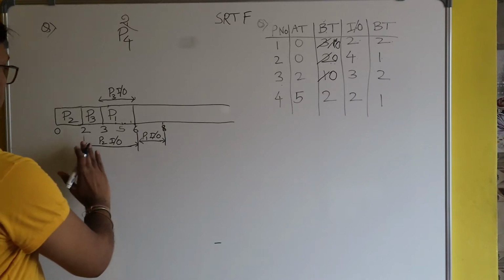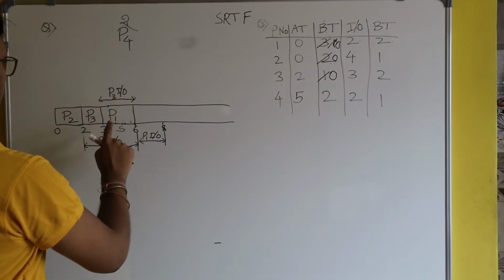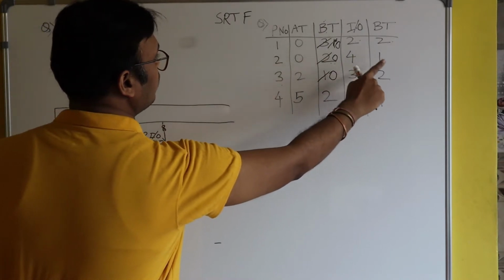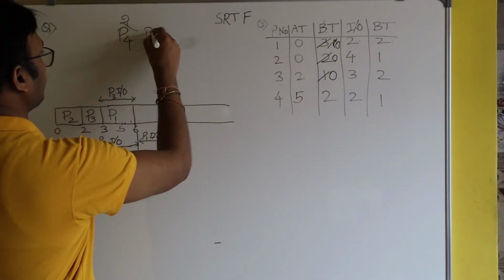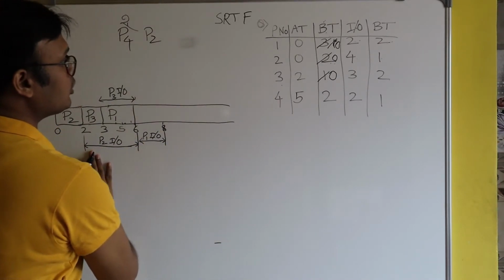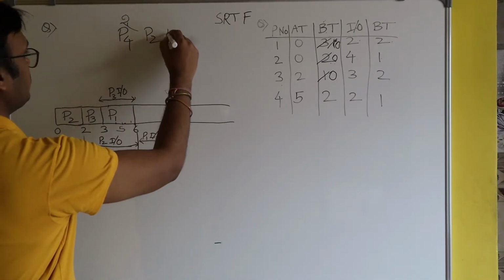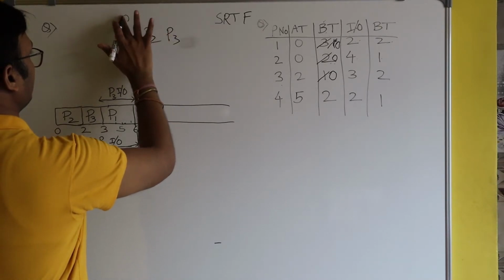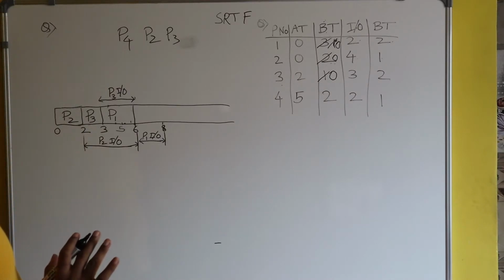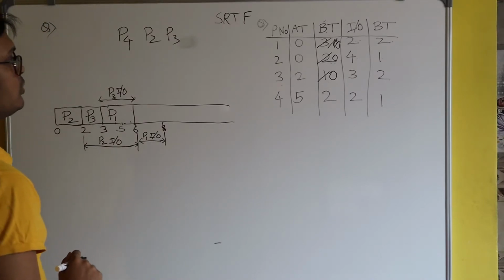So now you see at the 6th second, we have process P4, and process P2 has already finished its IO. So now process P2 will try to run. So here I will write process P2, and also process P3 has completed its IO. Here you can see. So here I will write process P3. Okay. So now you see we have 3 processes ready to run. Okay. So CPU should be given to which process?